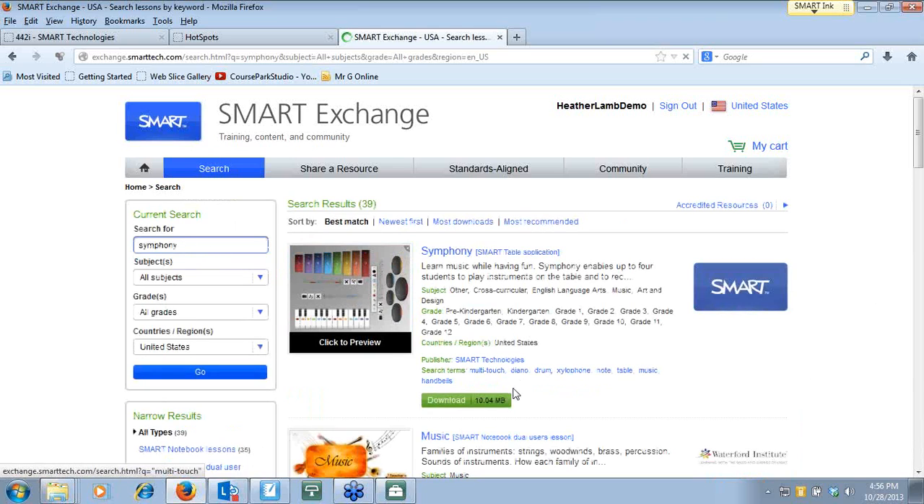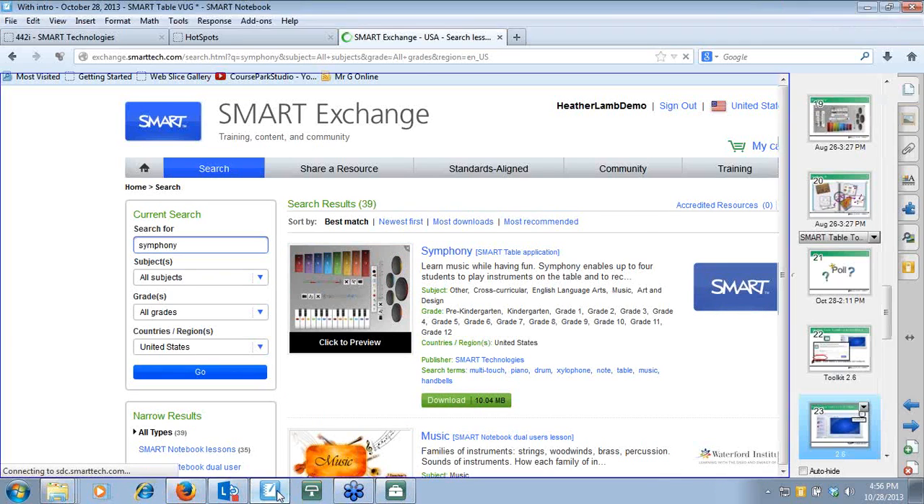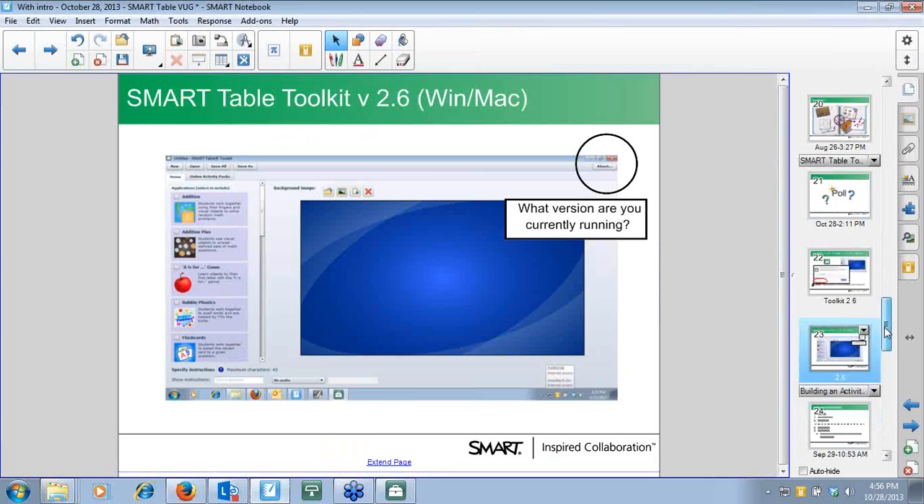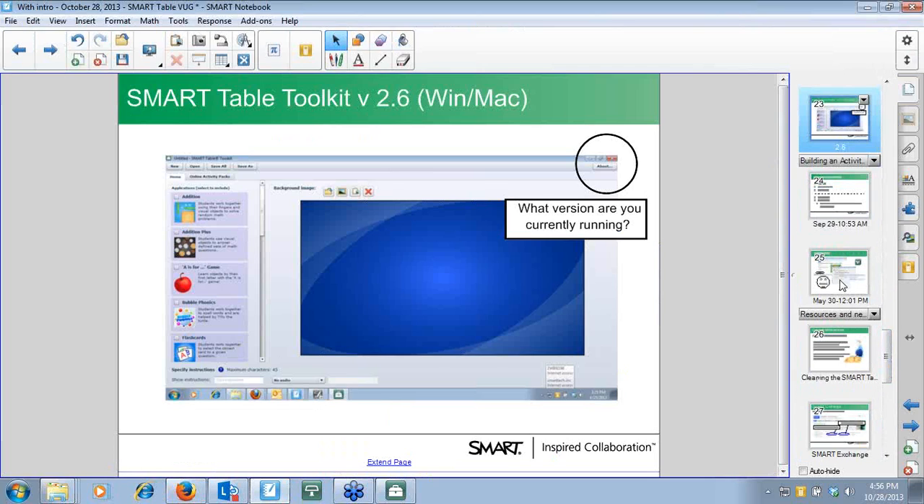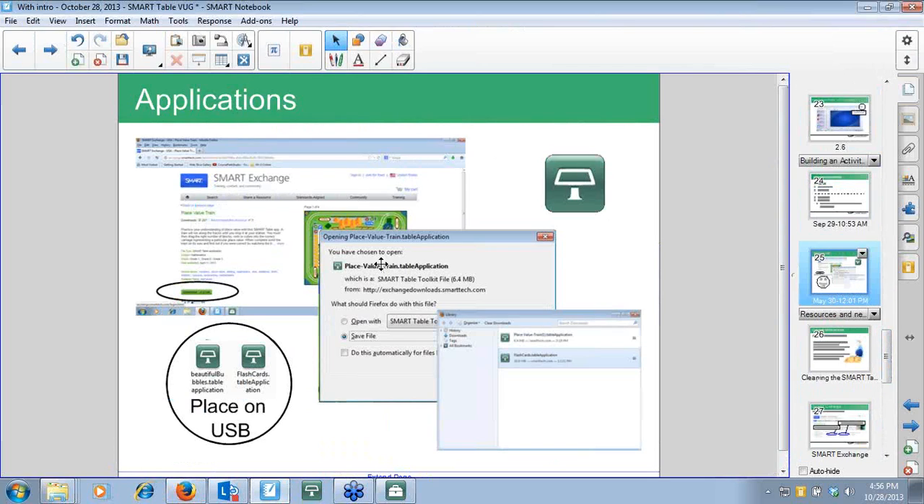And when I search for it, here it is. So I want to download this. So I'm going to download it. It's going to save. Let me go back here. So what it's going to do is I have some steps right here. It's going to download. You're going to save the file, and you get this little